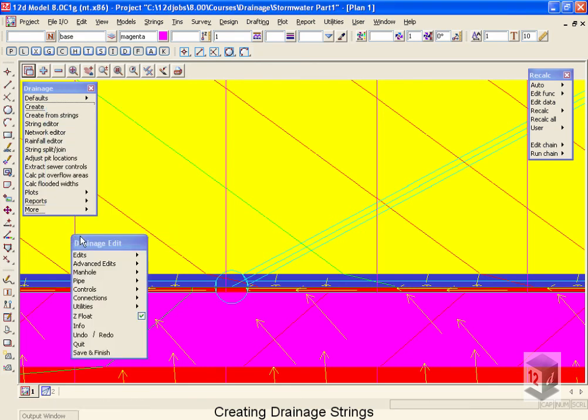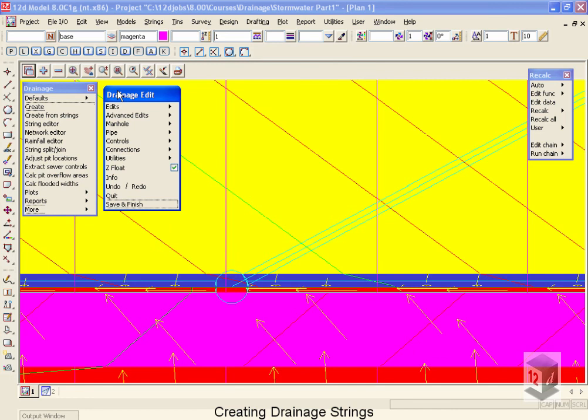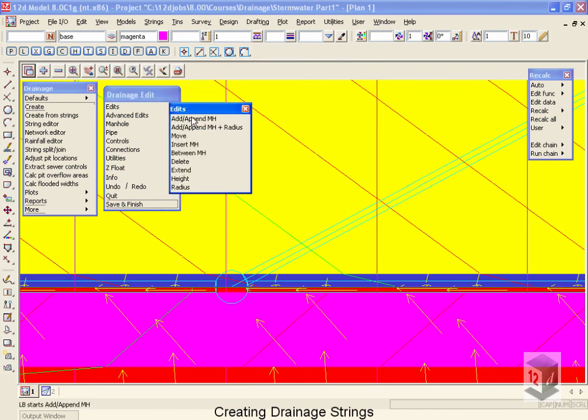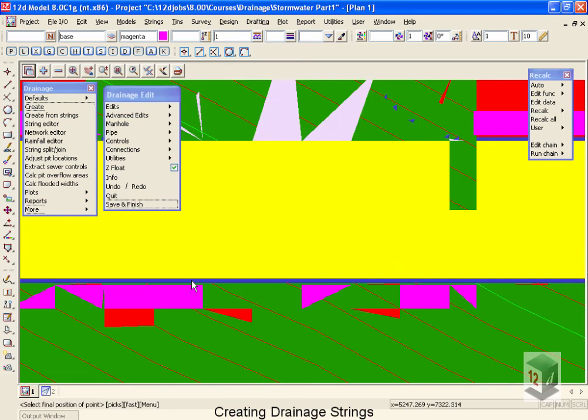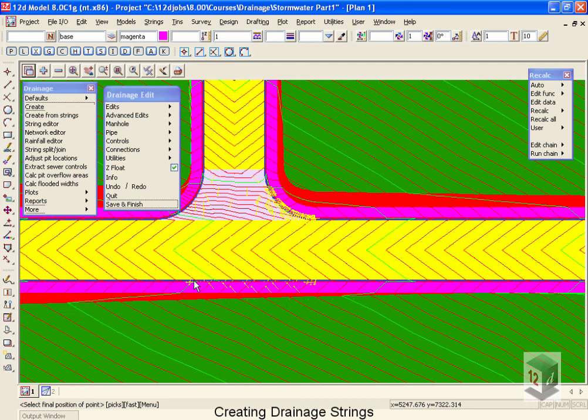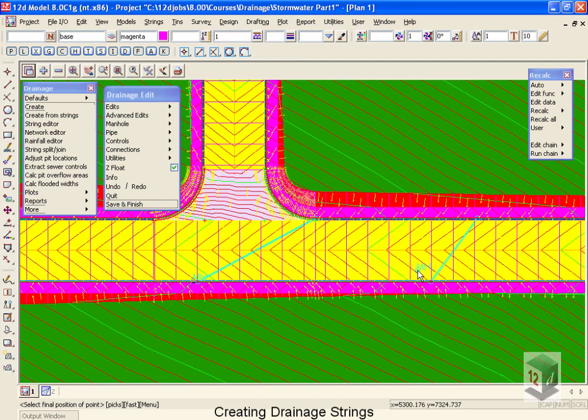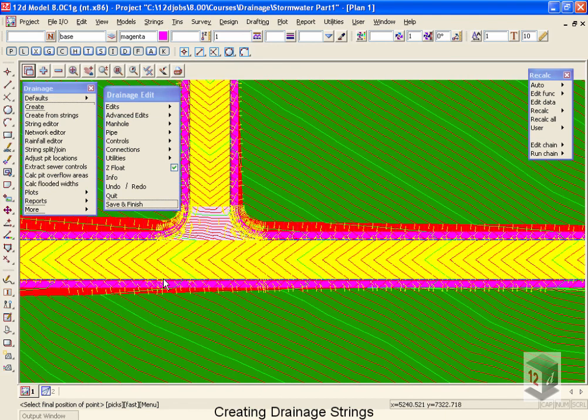Selecting the Create button takes us into the Drainage Edit panel, and we want to go to Edits, Append to put down our first manhole. Selecting Append plus Radius would allow us to have a curved pipe. So, I'll add append. I'm going to zoom back out. You'll notice that we now have a manhole symbol and a circle attached to our cursor,